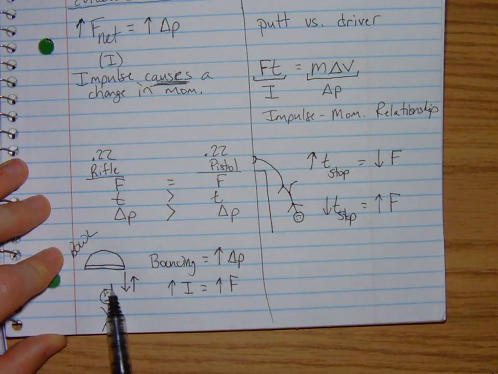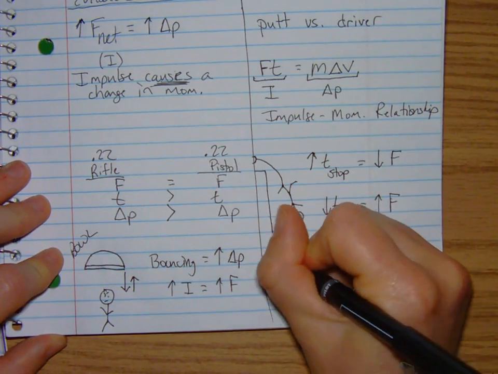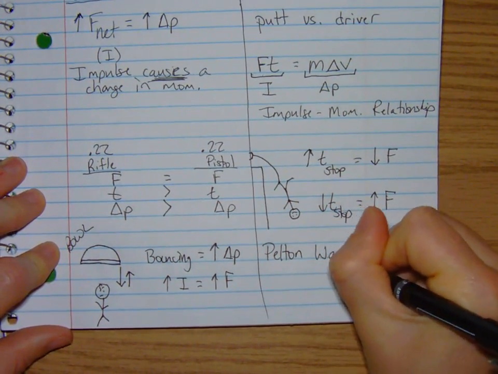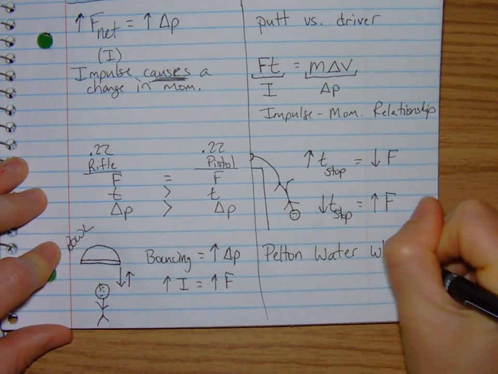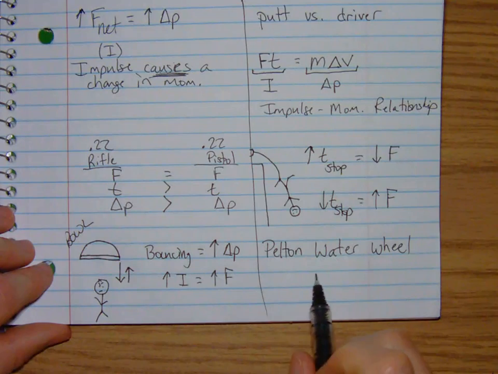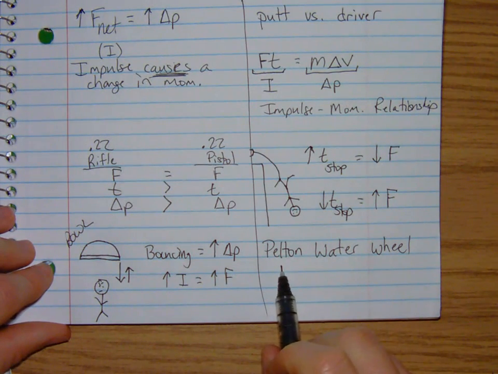Now, even though this is a bad situation, and cars and accidents are a bad situation, we've learned to use this idea. There's something called a Pelton water wheel. And so if you don't know what that looks like, grab your smartphone, use your Chromebook, Google it, and I'll